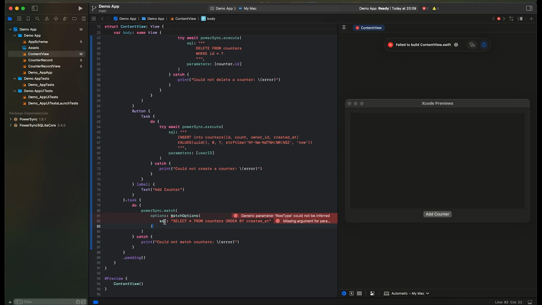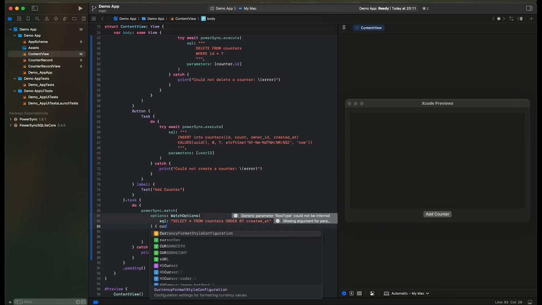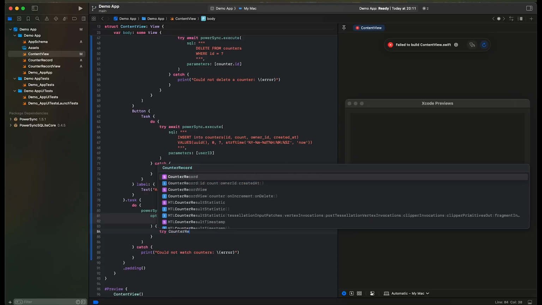Okay, so PowerSync.watch over here executes a SQL query, and we need to instruct that logical function how to convert the SQLite result back into something which we can use in our application. And we can do this by providing a mapper, which takes a SQLite cursor, which can be used to access the various result set column values. So that gets specified as a trailing closure. So we can say cursor in. We'll try and return a counter record,